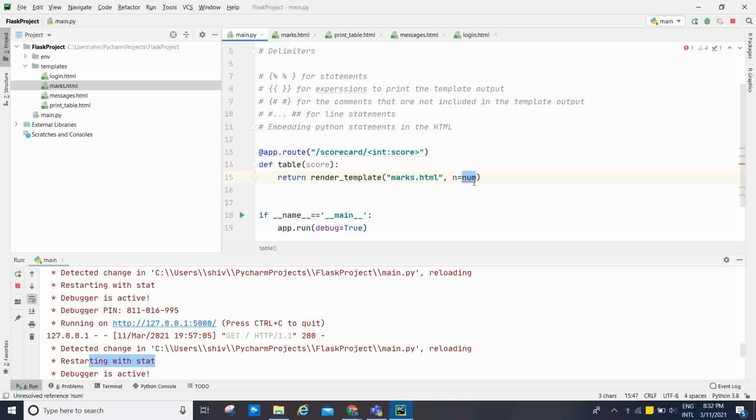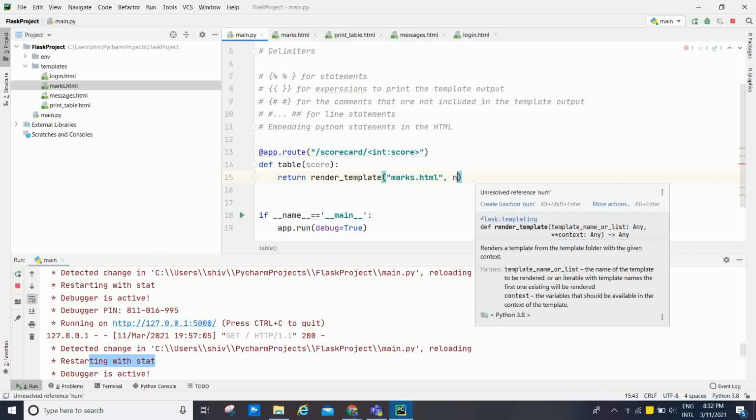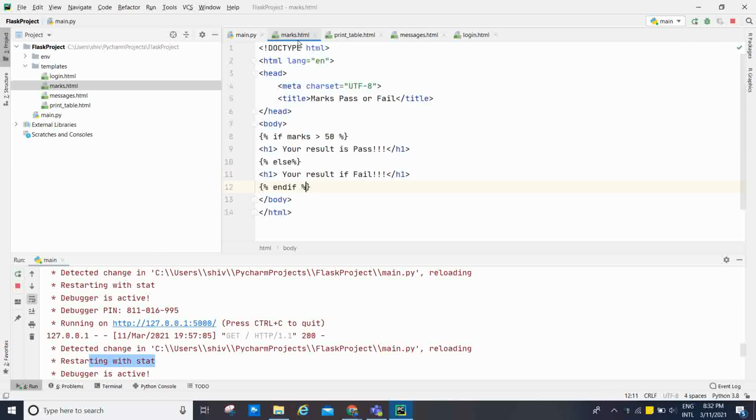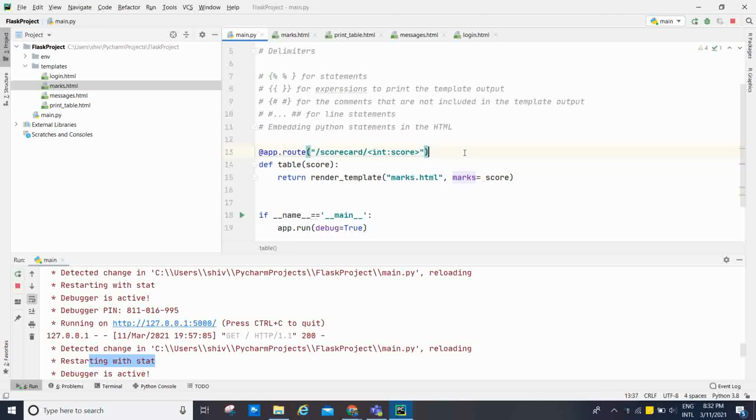After that we are going to use marks equal to score. Okay, this marks is the one going to this marks, and this score, as I said, is the input parameter of the function, and that is going to be passed from the URL.